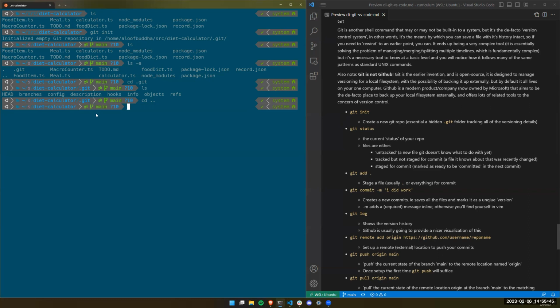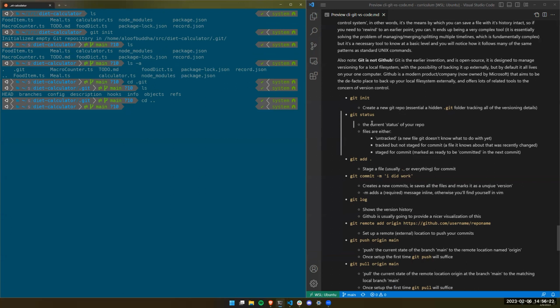Just a symbol here, but you see it's sort of like a branching symbol because there's this idea of branches in Git. Even though we likely won't get into that today, I'm on the main branch, but I could say, oh, actually, we want to branch off of this, copy everything that's on it, but now we're on something called the development branch or the feature branch. And we could do some work on that. And then when it's ready, we merge it back into main. But for right now, we're just on main. And then I have this $10, which I believe means I've got 10 items it wants me to make a decision about. So that brings us to our next point, which is git status.